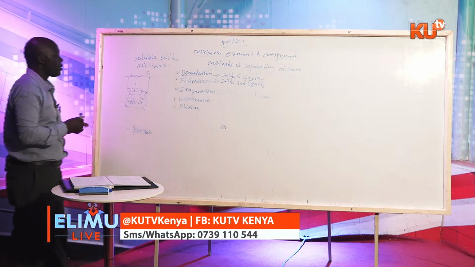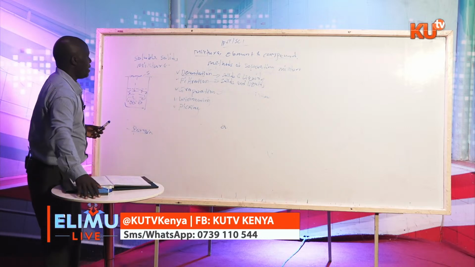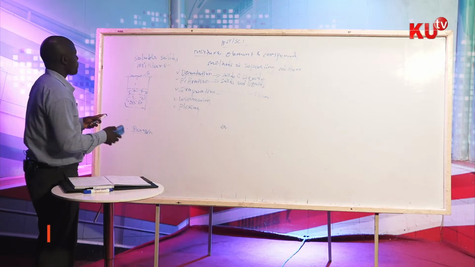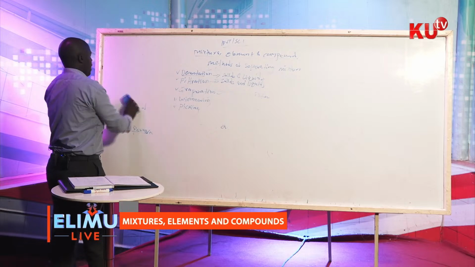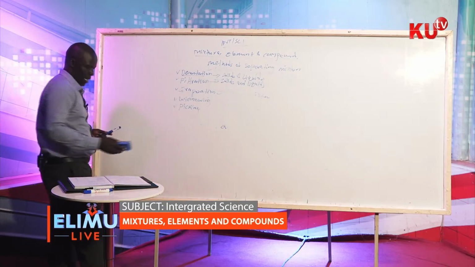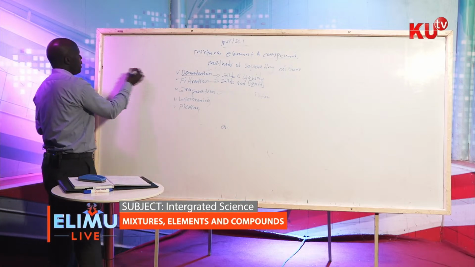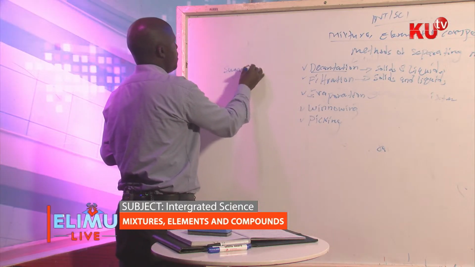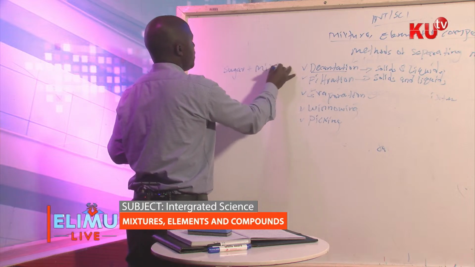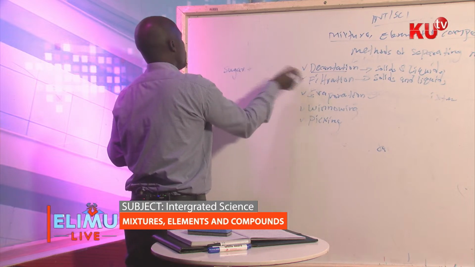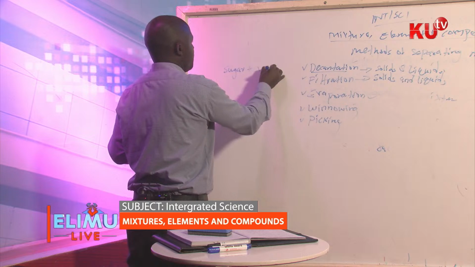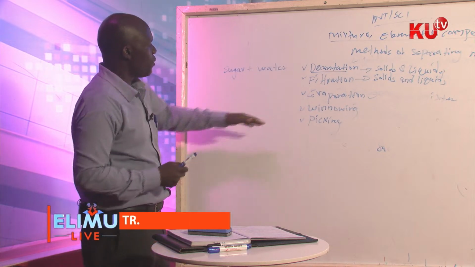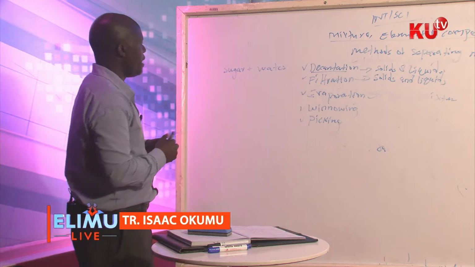For instance, we can use this method when we want to separate water mixed with a solid, like for example sugar plus water. So in this case, we have to go through the process of evaporation, but again, before